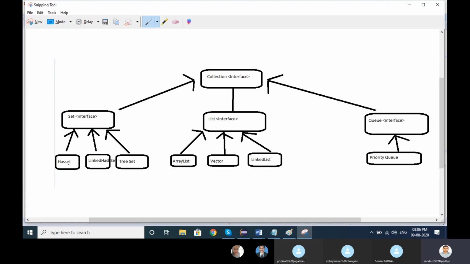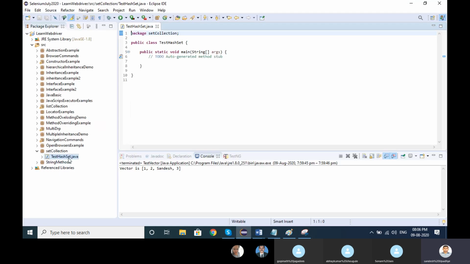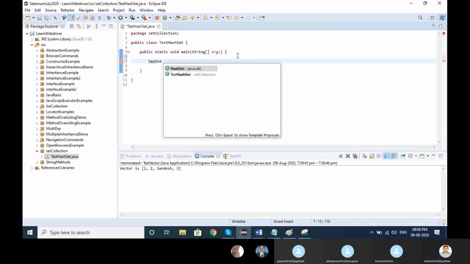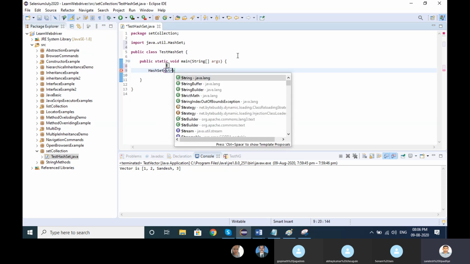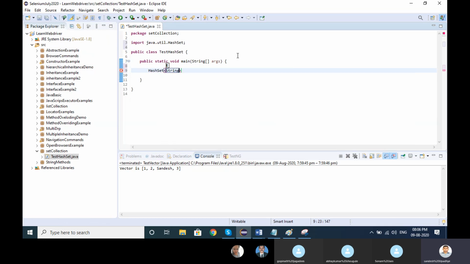Okay, let me create one program as a HashSet. Let me add one generic. H is equal to new HashSet.